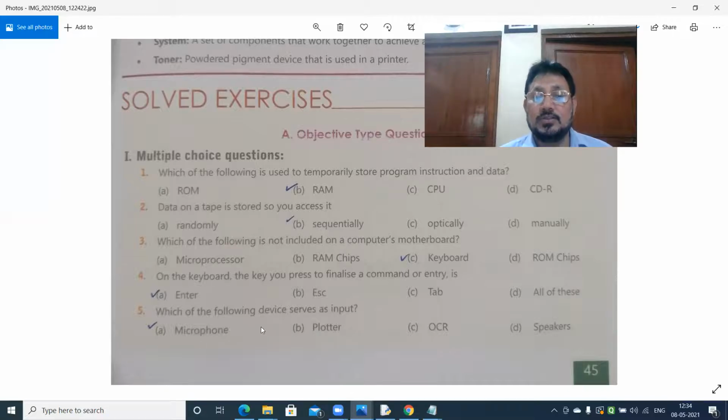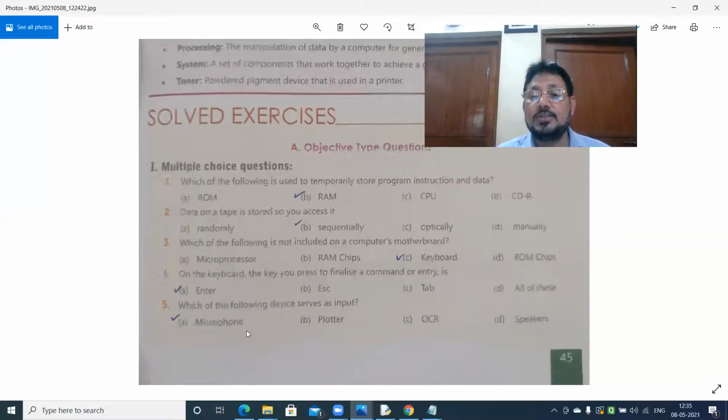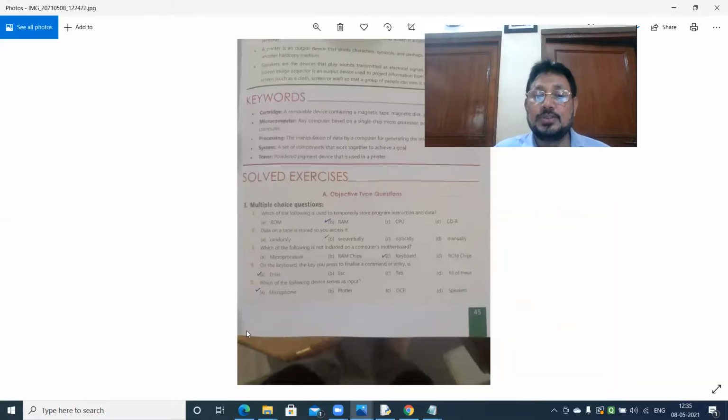Which of the following devices serves as input? Out of these, microphone, plotter, OCR, speaker: the microphone. Through that you speak, and then that goes as input.